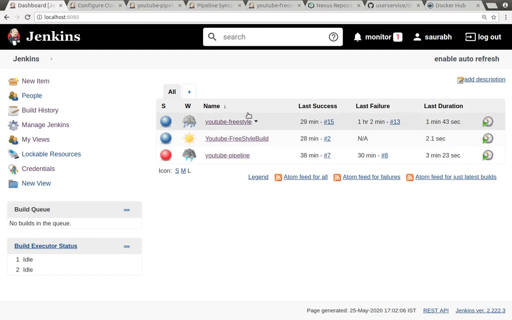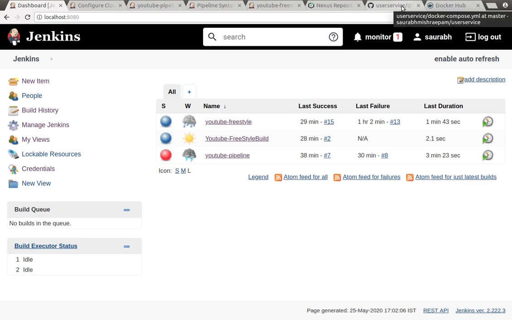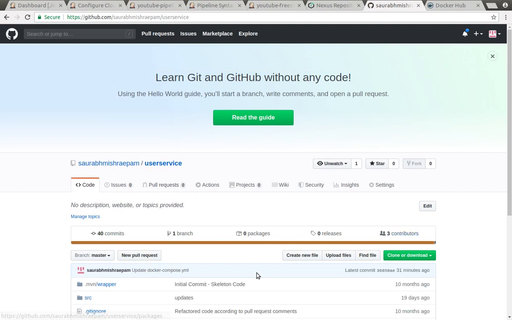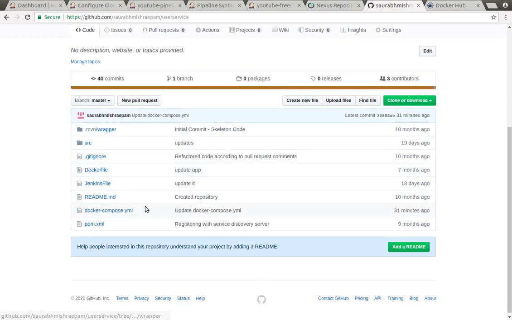For that purpose, I have created a Java application here, which is just a normal Java or Spring Boot application, with some Jenkinsfile configuration and Docker Compose configuration. You don't need everything right now. One by one, I'll explain everything. So this application is nothing but a Spring Boot application. If you have a different kind of packaging or startup for a different type of Java application, you can configure that also. But I'm using a Spring Boot application.